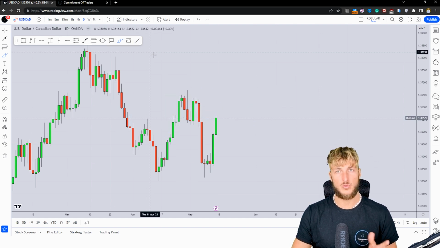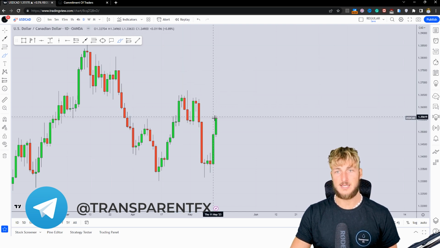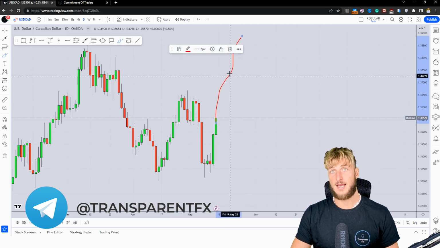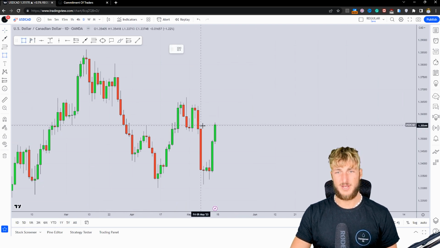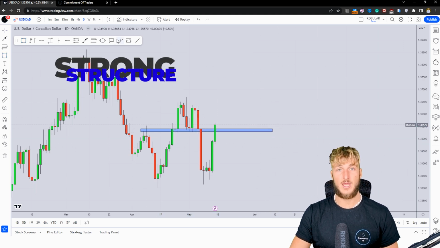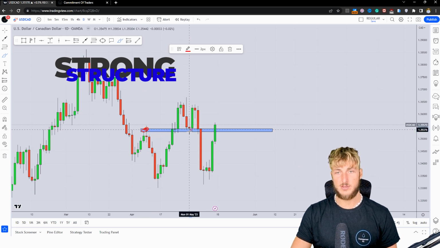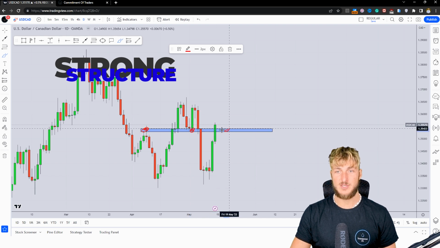This overall shows how the CAD is getting weaker, and a weak CAD is exactly what we need for USDCAD to continue to the upside. So going back to the technical setup here in the market, what we have to identify is that this is the strongest level that we have at the moment here from a daily perspective. This was previous daily resistance turned support here, which now the market has once again broken to the upside, is